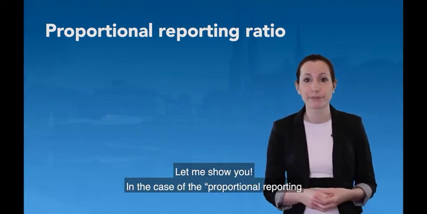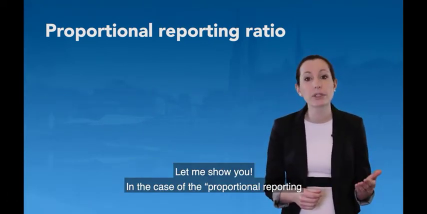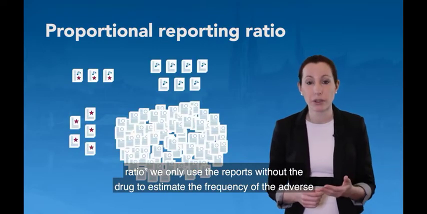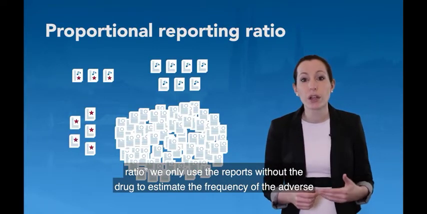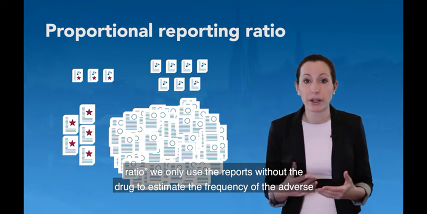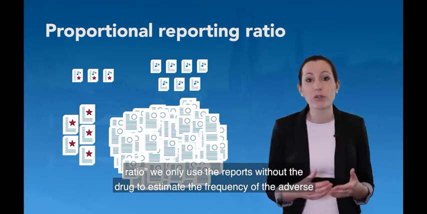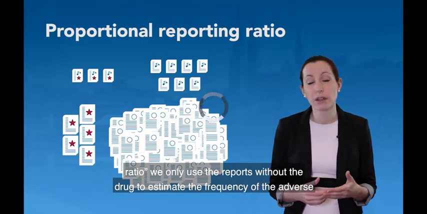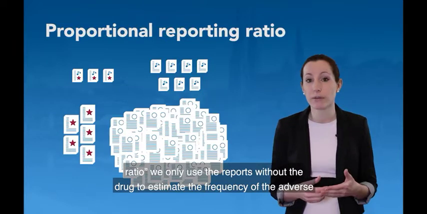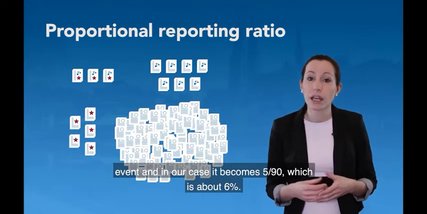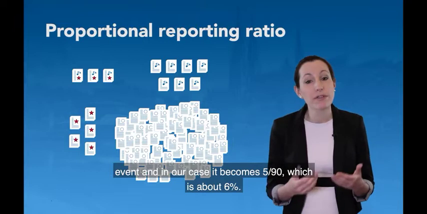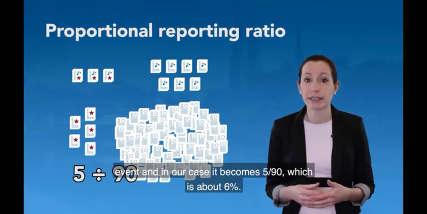Let me show you. In the case of the proportional reporting ratio, we only use the reports without the drug to estimate the frequency of the adverse event. And in our case, it becomes 5 divided by 90, which